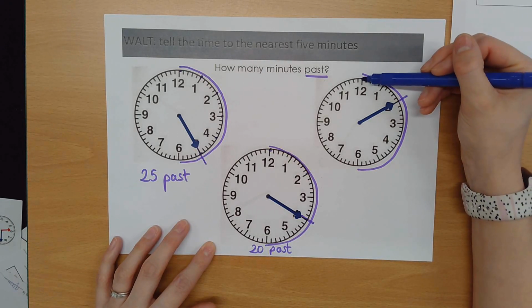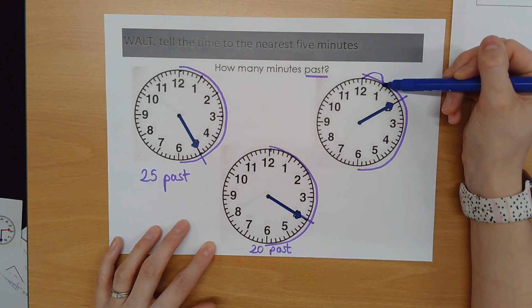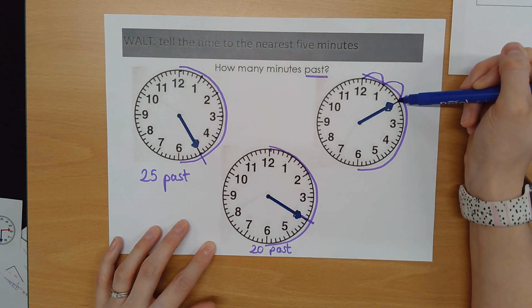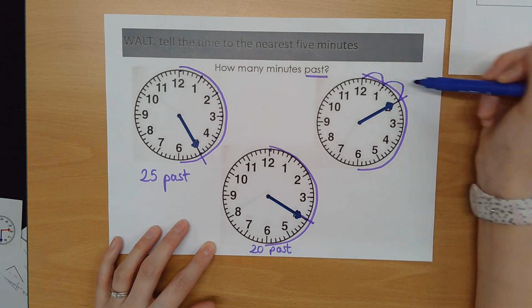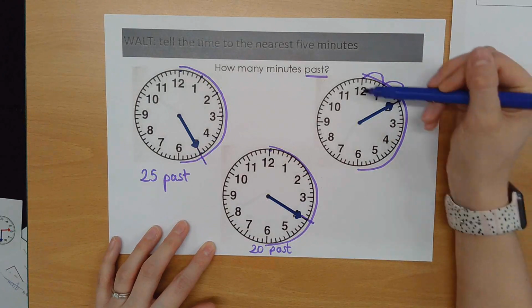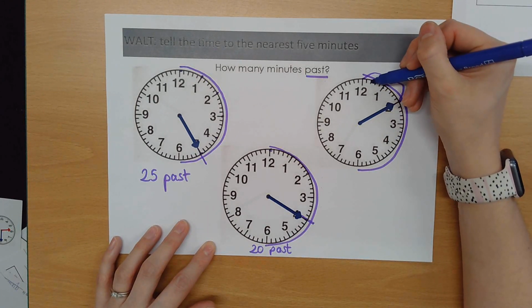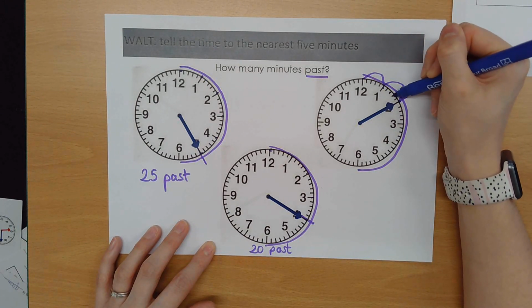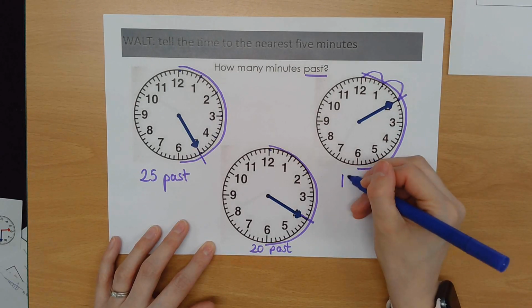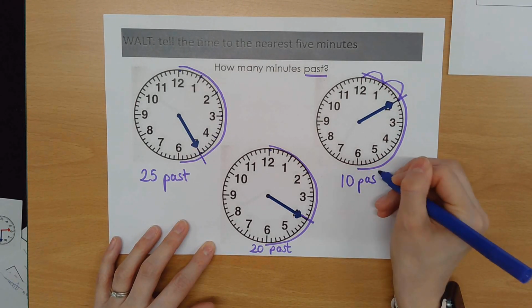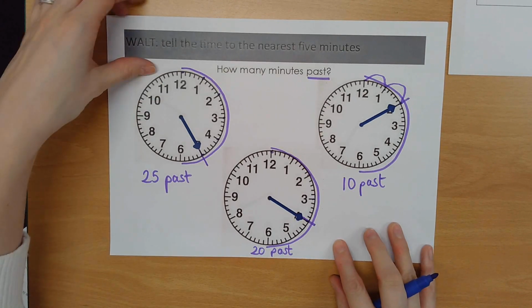Okay, let's have a look together. So starting at the 12, my first jump is 1, so that's 5, 10. Counting one more time. 5, 10. Not 2 past, it's 10. If I count my little lines, 1, 2, 3, 4, 5, 6, 7, 8, 9, 10. So that is 10 past. Okay, I don't know what the hour is yet, but we're just going to practice our minutes to make sure